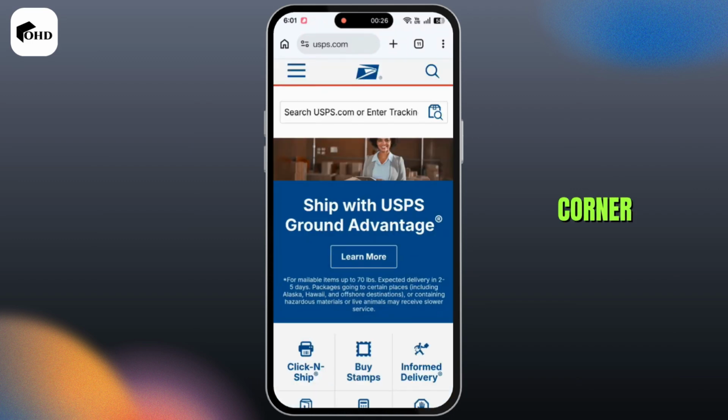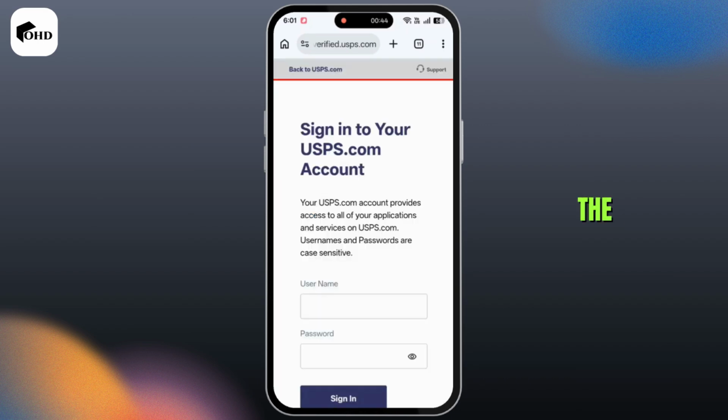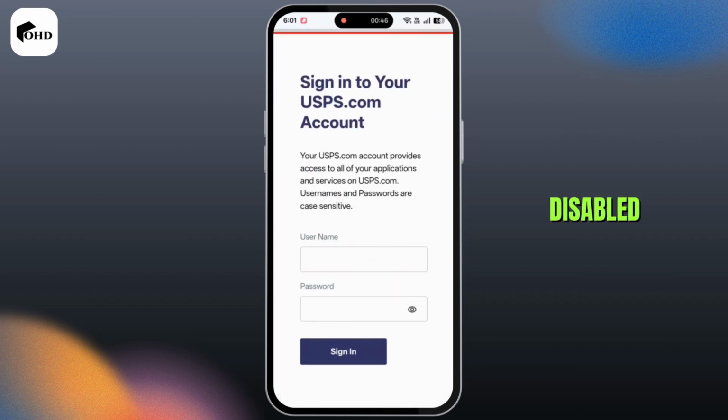In the top left corner, you can see these three lines. Simply click on this. Then a menu bar will appear. At the top of it, you can find the Sign In button. Click on it. So the reason that your account might have been disabled is because of your multiple attempts to